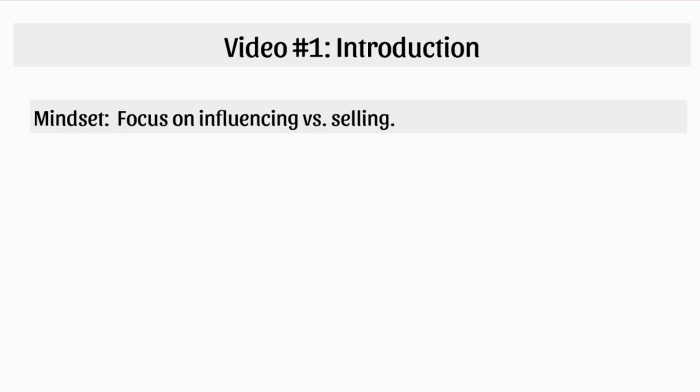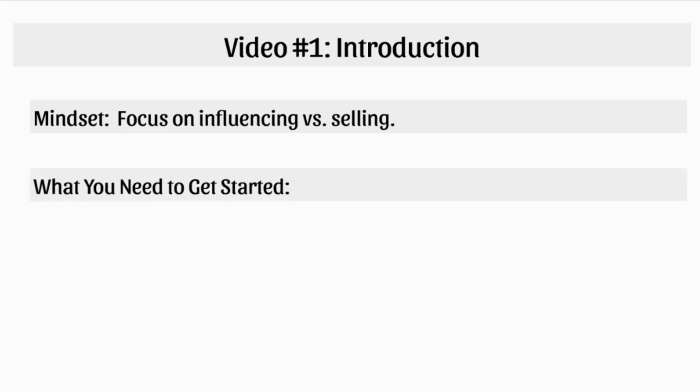So now what I want to do is talk about mindset, because having the right mindset going into this is so important. And the reason why is because a lot of times as sellers, product owners, or service owners, or whatever business owners, at the end of the day, you're trying to sell your product, right? Shopify store, affiliate store, or whatever. But instead of focusing on selling, you want to focus on influencing and creating a brand and creating a lifestyle. That's what Instagram is all about and how that's different. And we'll talk more about the differences in the next video.